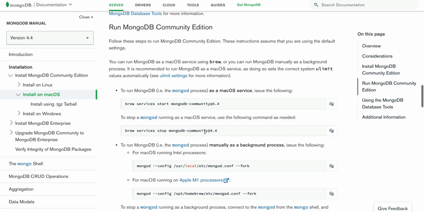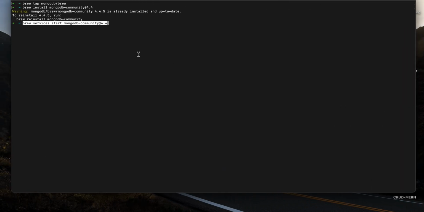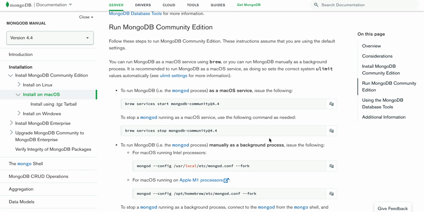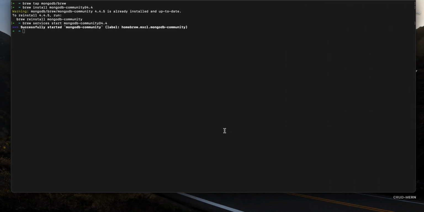Then you need to run the MongoDB server. Copy the code from here. Successfully running MongoDB community version. Then if you want to stop it, you need to use this command. Now if you're done with everything and the server is already running,